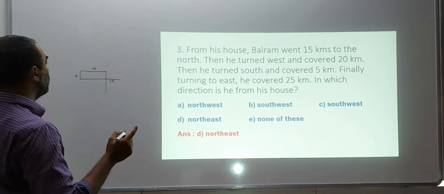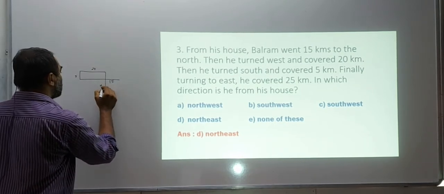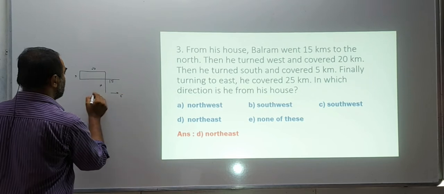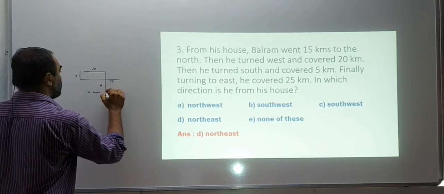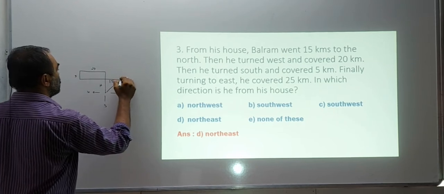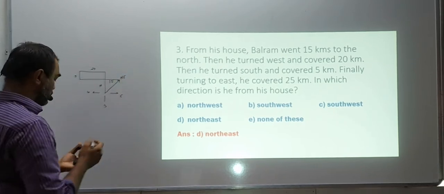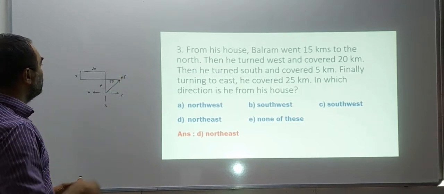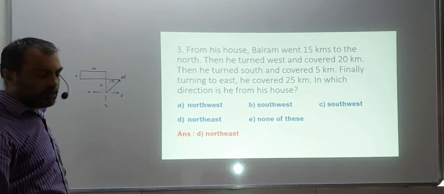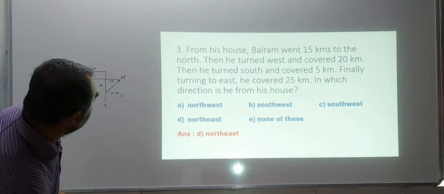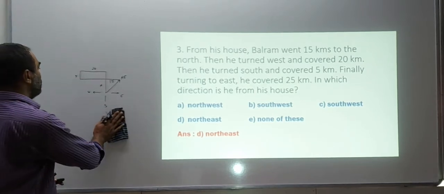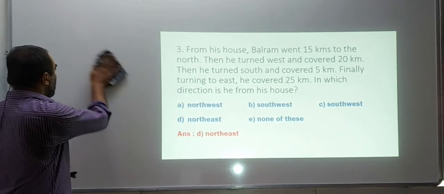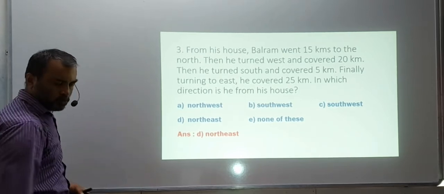So which direction is it from the house? Now this is the north side, and this is the east, right? This is the west and south. We started from here. So what is this direction? This is northeast. So I give you the answer, so you can quickly calculate this part. Okay? So can you see this diagram and understand? So this is quite a simple sum. And now I want you to do the next one.